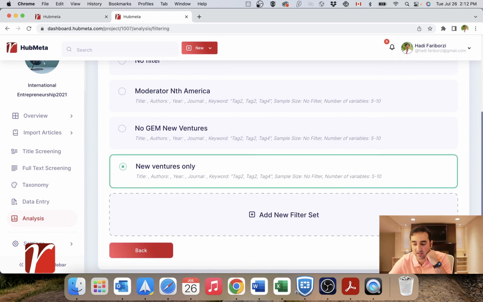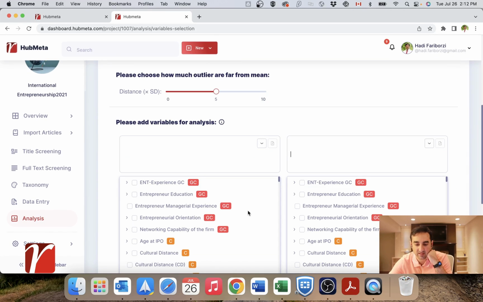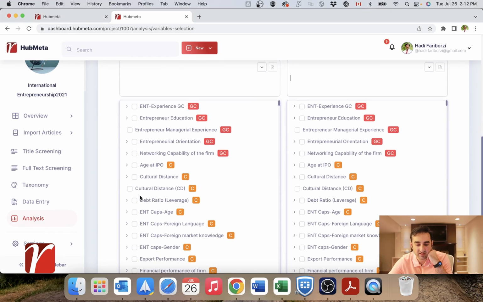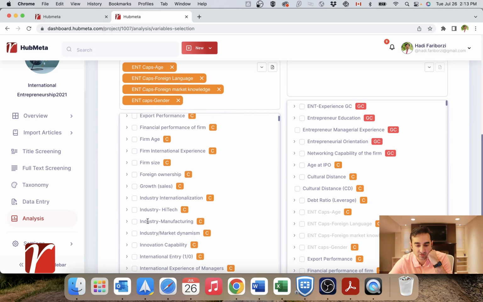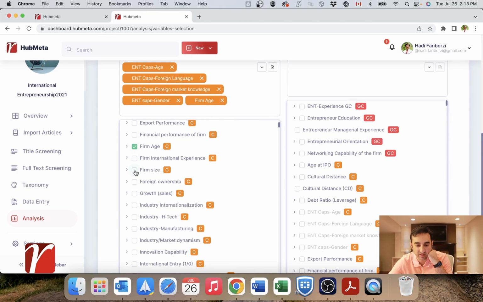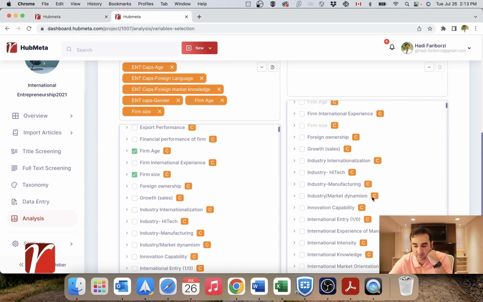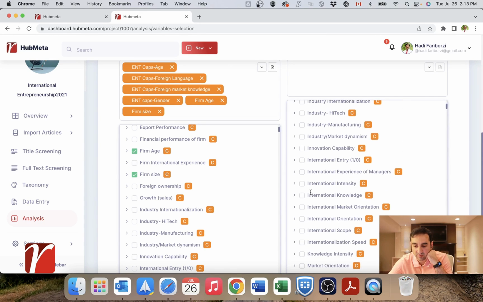I'll choose the same options as before, but this time, instead of just one variable, I have to pick a few. Let's choose a few independent variables and a few dependent variables on this side.